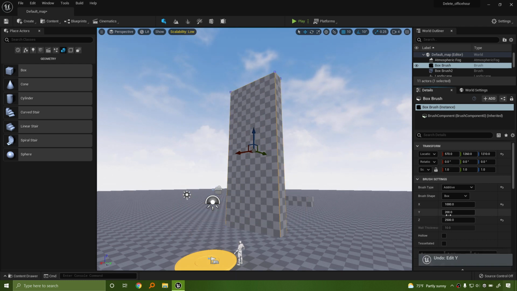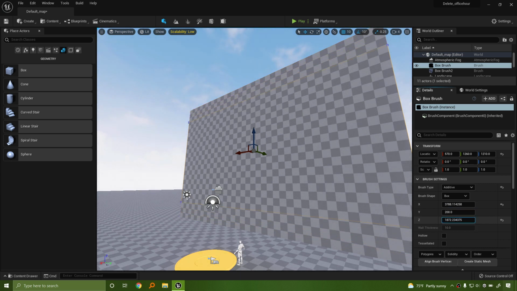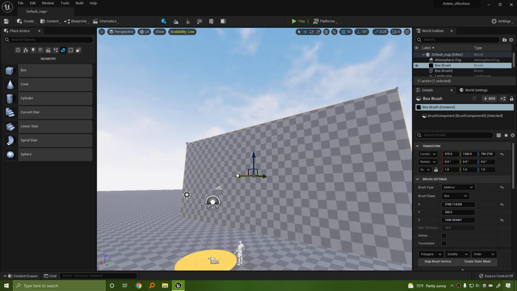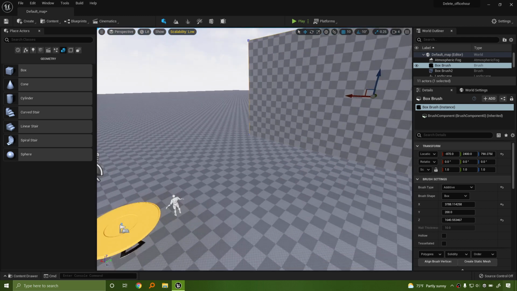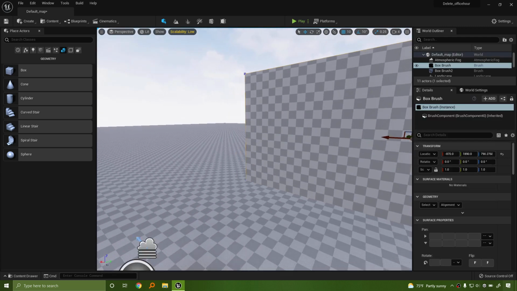Oh, I should probably explain that. For those of you who are looking to be a little bit more dynamic in the creation, if you mouse over the numbers, you'll get a side arrow bar. If you guys can see that. That lets you create dynamically right out of the box, so you don't have to punch in numbers. You can just guess what you really want. And then once you get something that you want, we can go ahead and put that down. I'm going to shove it over here, push that out here. It's a little bit too far for my character, but let's go ahead and put that there.